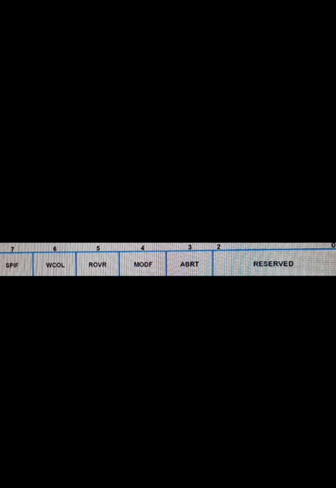If this bit is 0, there is no mode fault, and when this bit is 1, a mode fault has occurred. That means this bit is cleared by reading the register and writing to the SPI control register.